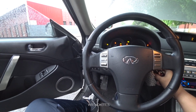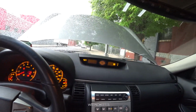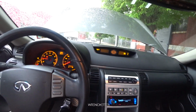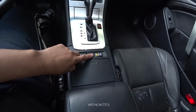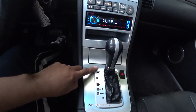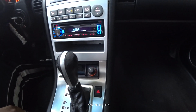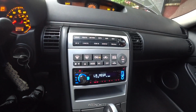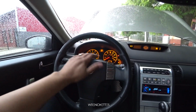About the carpet. So, this is how it looks now. Nice and clean. A little bit smoother, and this one has a little bit of hesitation, but I can't get in there. I did it as much as I could. You see, this was really dirty there, but I got it cleaned. This thing was dirty inside there, and we got it cleaned. The radio was super dirty inside there. I got it cleaned. I cleaned the steering wheel. You can't get rid of these imperfections, but now it's clean and smooth,